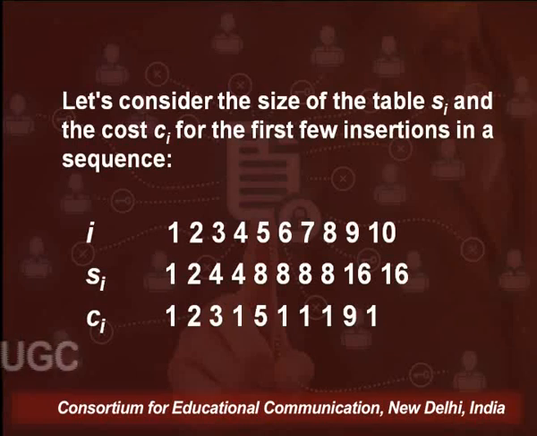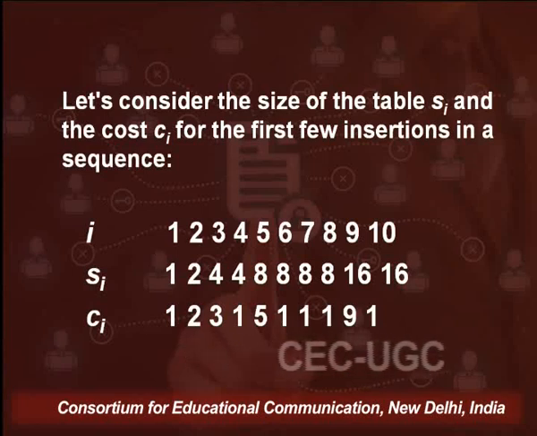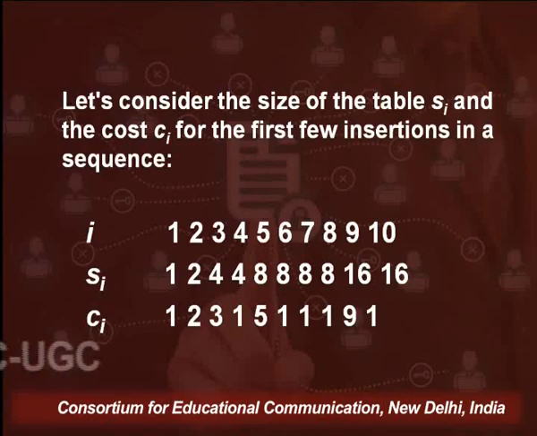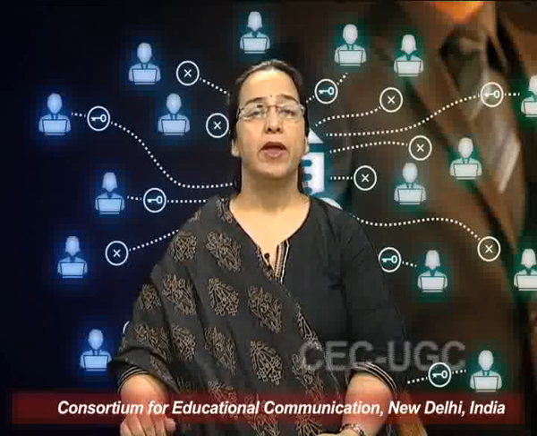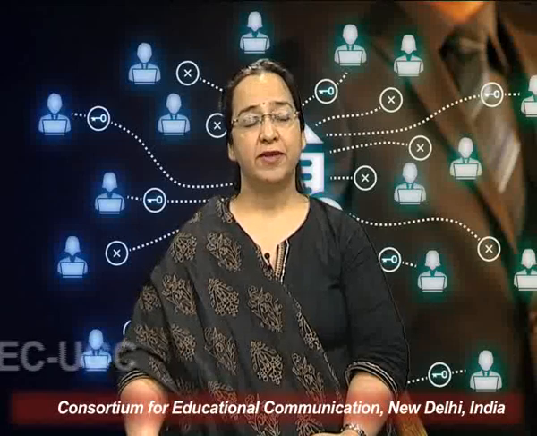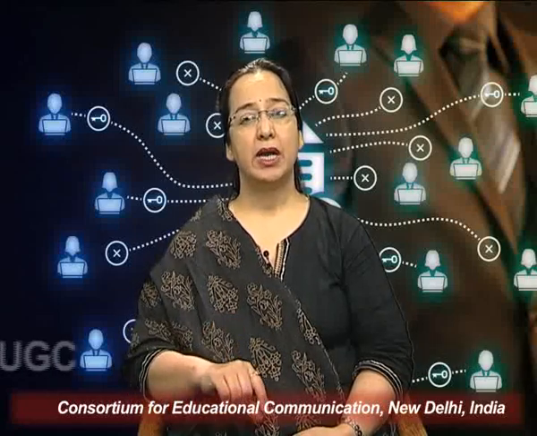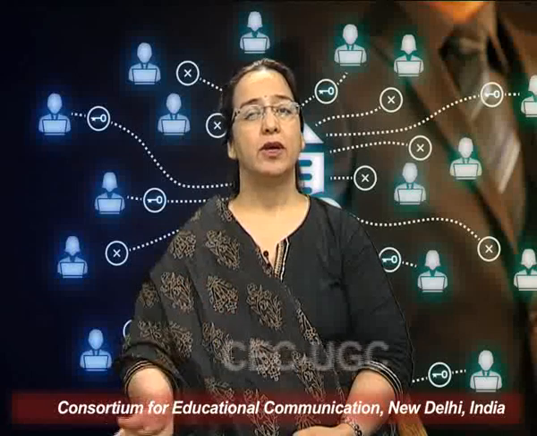the cost of the ith insertion is 3, because 2 elements have already been taken from the old array to the new array, and 1 for insertion of the newer element. So we have 1, 2, 3. Then for the 4th element, cost is going to be 1, but for the 5th element, as here we need to double the size from 4 to 8, and the earlier 4 elements will be copied onto the new array, the total cost will become 5.